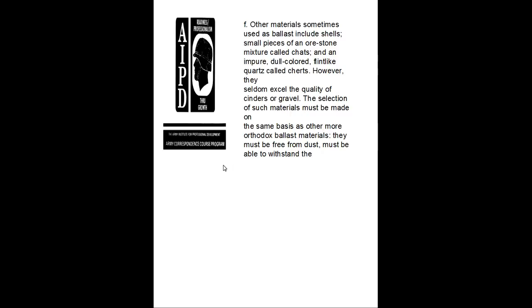small pieces of ore and stone mixtures called chats, and impure, dull-colored, flint-like quartz called cherts. However, they seldom exceed the quality of cinders or gravel. Selection of such material must be made on the same basis as other ordinary ballast materials. They must be free of dust and must also be able to withstand the